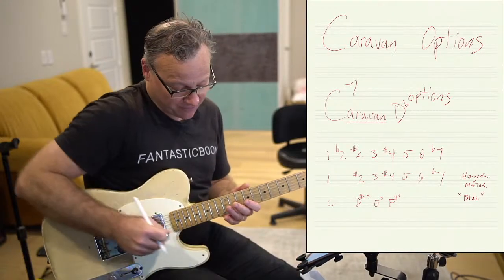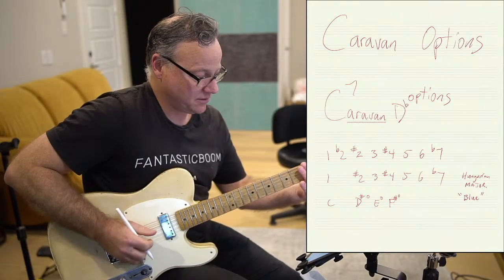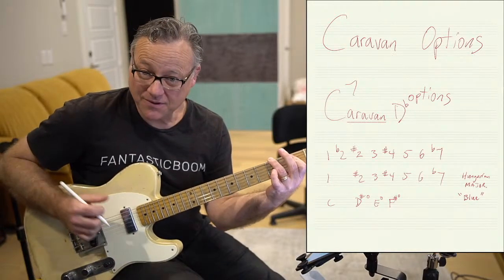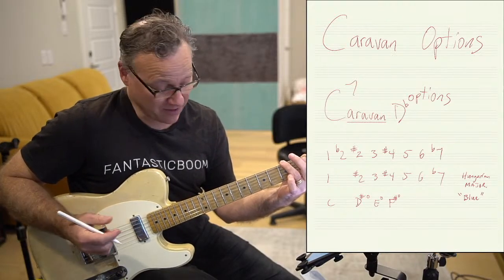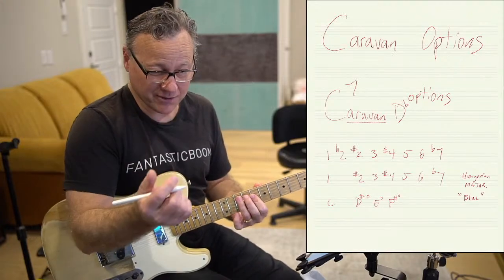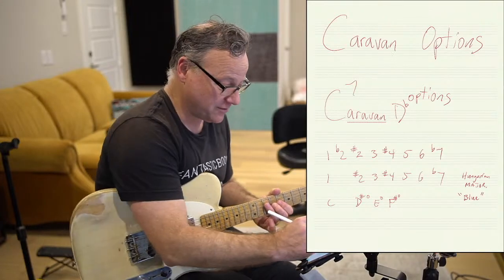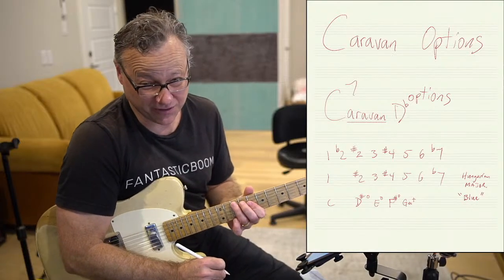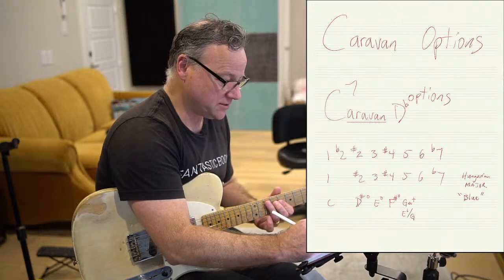diminished. And the 5 chord is super interesting. Let's see. We have a G as the 5, a flat 7, which is B flat, and then a sharp 2. Now, that's not really a G chord. We don't really label this G. If we were to play these notes, we would think of it as a first inversion of an E flat major chord. If we were to label it G something, it'd look really super weird. It's a G minor sharp 5. So I'm just going to put G minor augmented, which is a super weird chord. So I'm going to just say it's E flat over G. That's what it is,